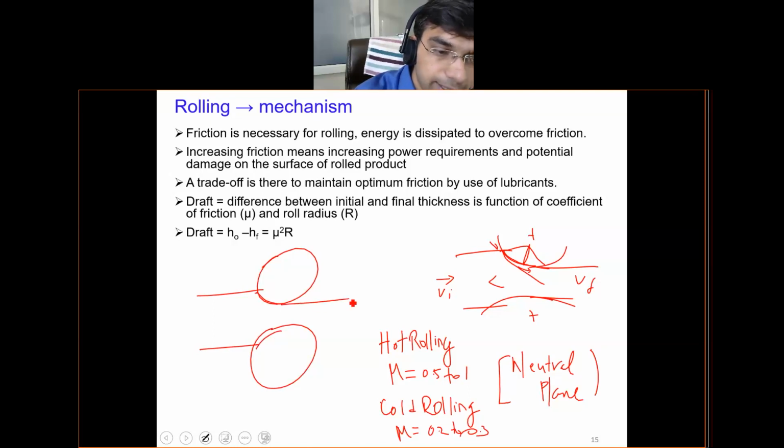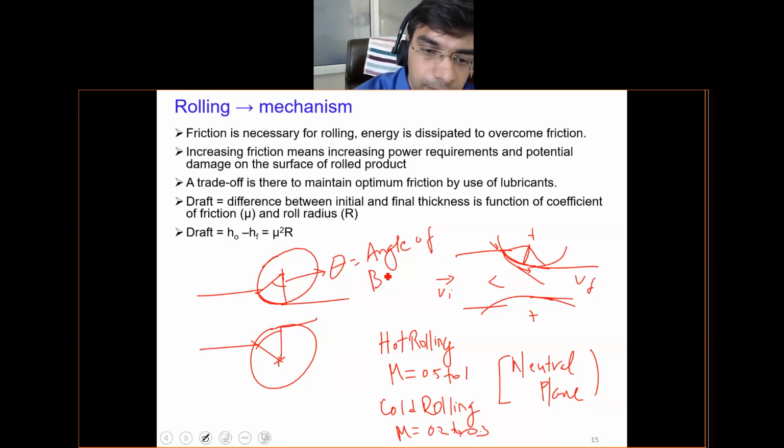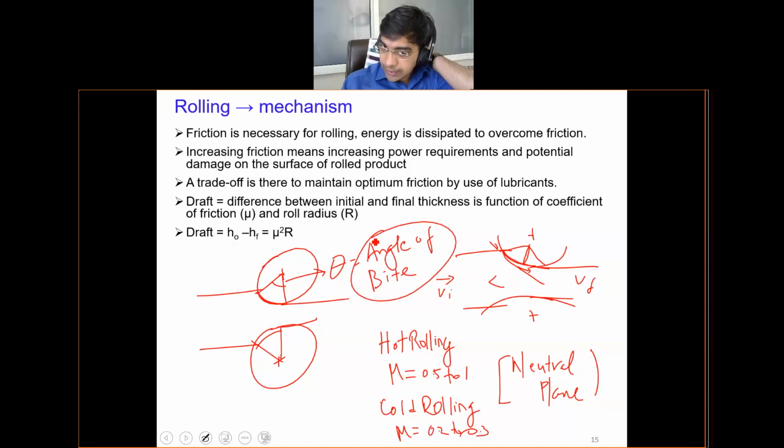So that is known as the angle of bite. So if this is the center of the roll, this angle which covers this complete arc is known as theta. It is known as the angle of bite. So angle of bite is basically the angle which determines what will be the thickness reduction during the rolling